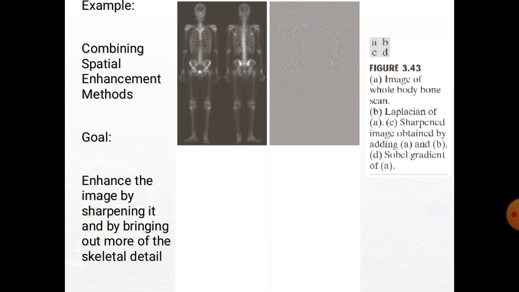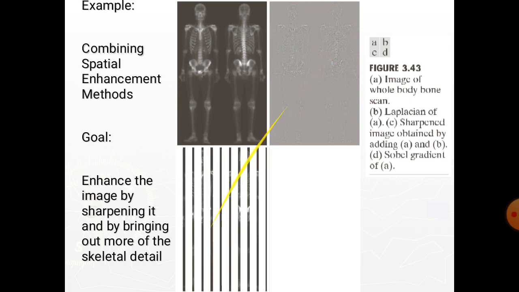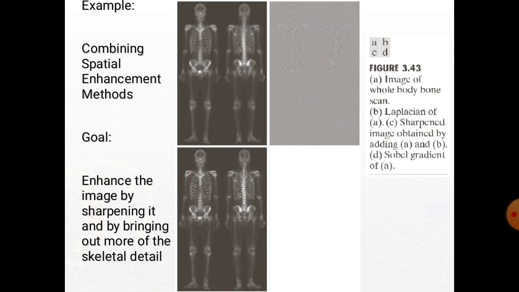Here is figure B, which contained the sharpened image at this point, simplified by adding figure A. So here we can obtain this image by adding figure A and B. Just looking at the noise level in figure B, we would expect a rather noisy sharpened image if we added figure A and B, a fact that is confirmed by the result in figure C.